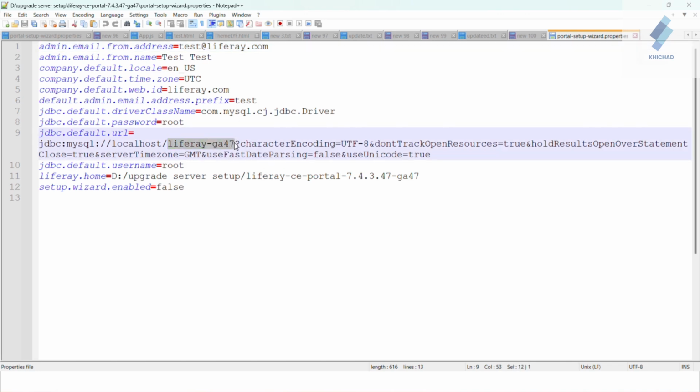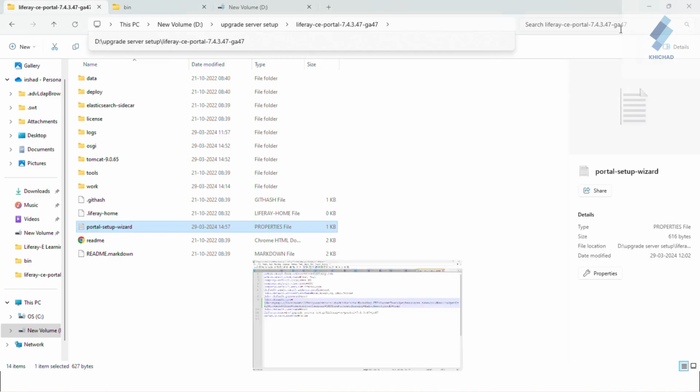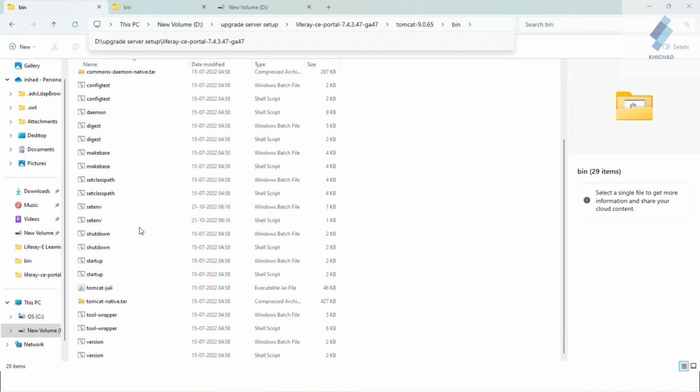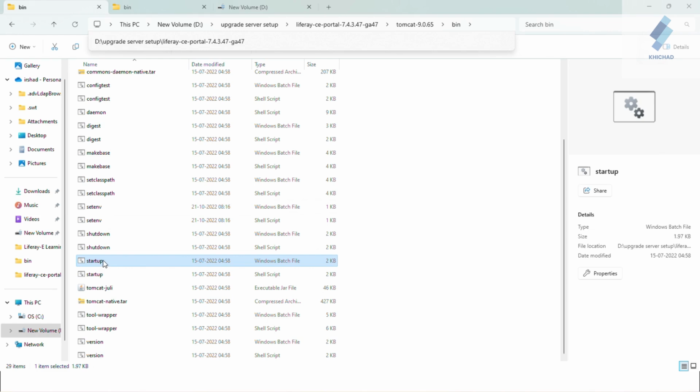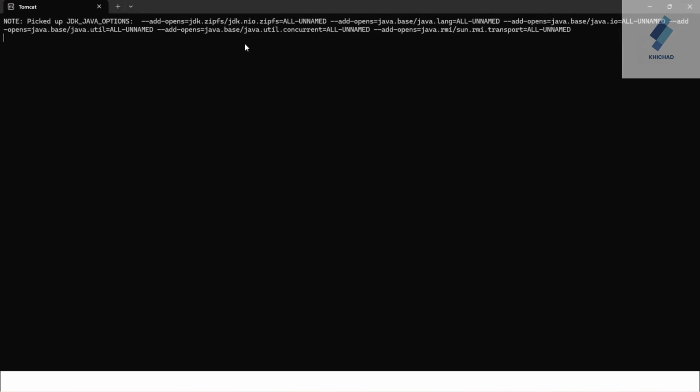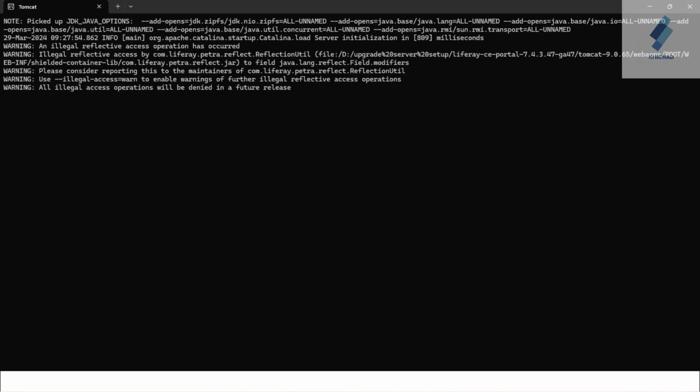So I'm just using the newly created Liferay server rollback database. I paste the database name, Liferay server rollback, and save the portal-setup-wizard file, and go to the Tomcat, navigate to the bin directory and start your Liferay server. I just enter and you can see the file open.